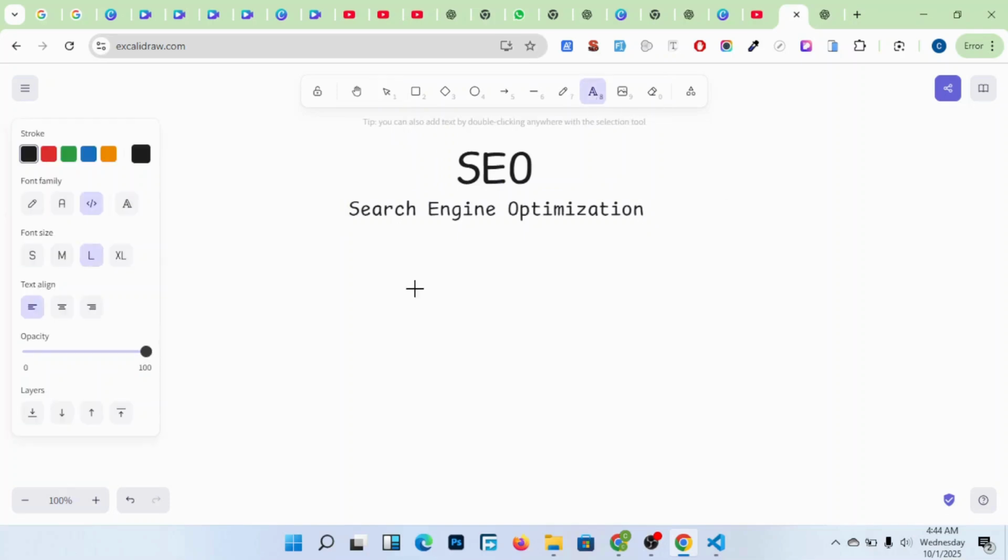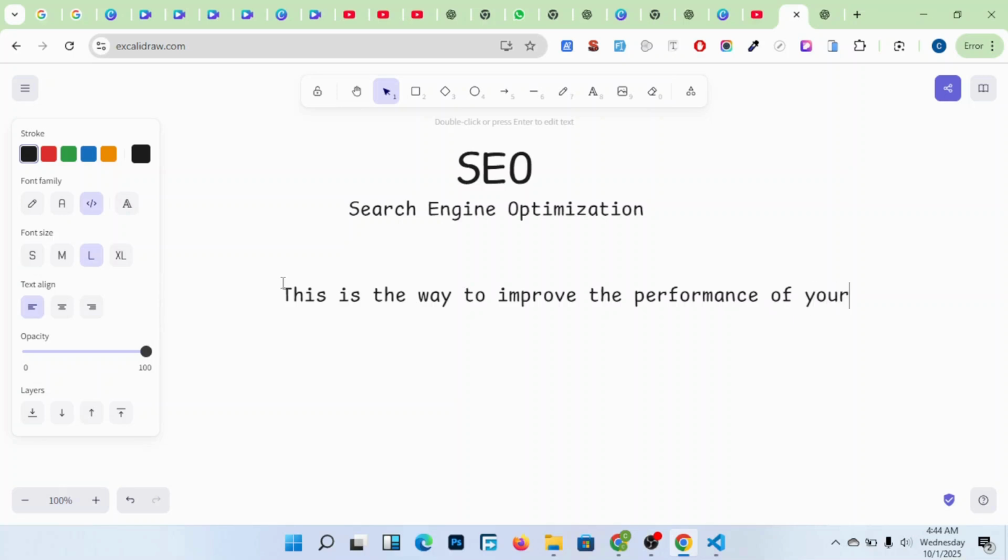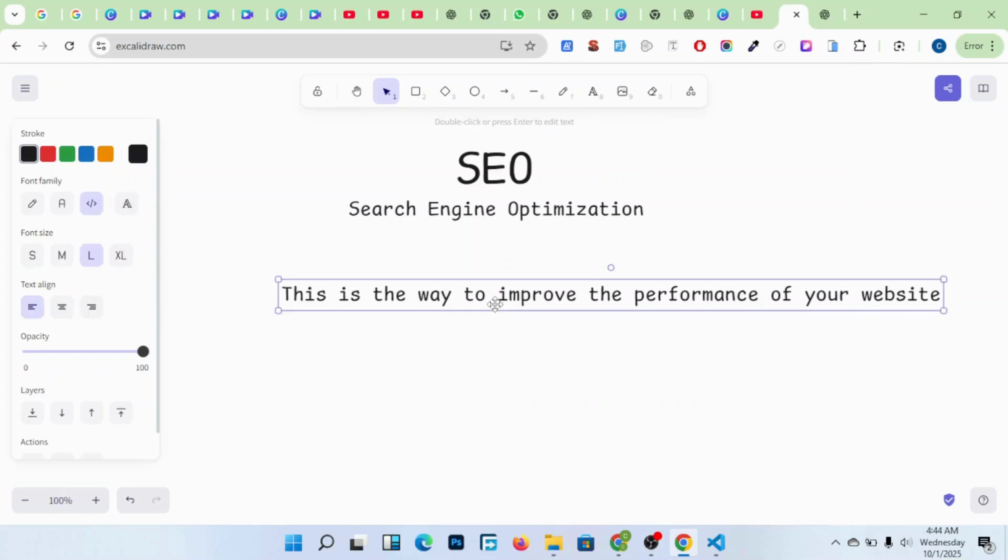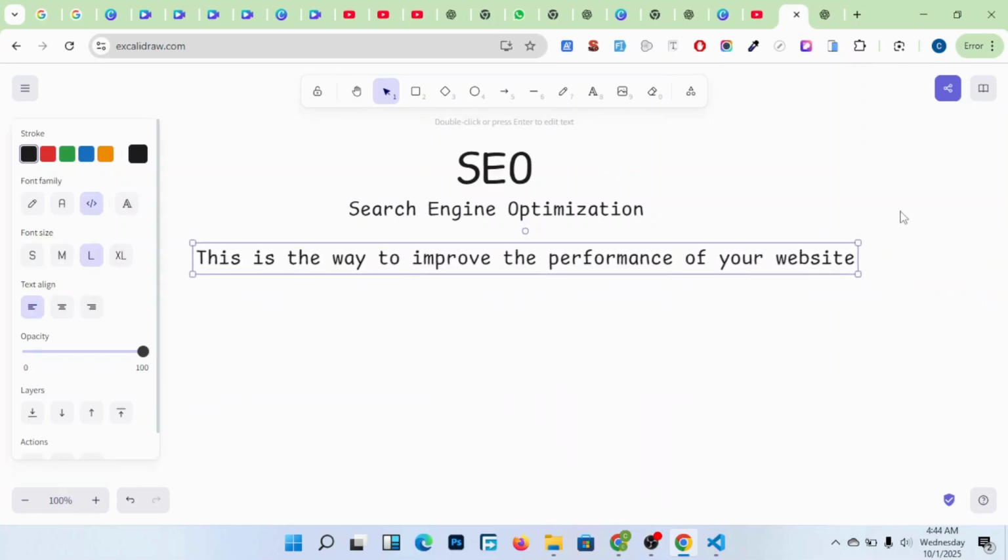Search engine optimization is the way to improve the performance of your website.